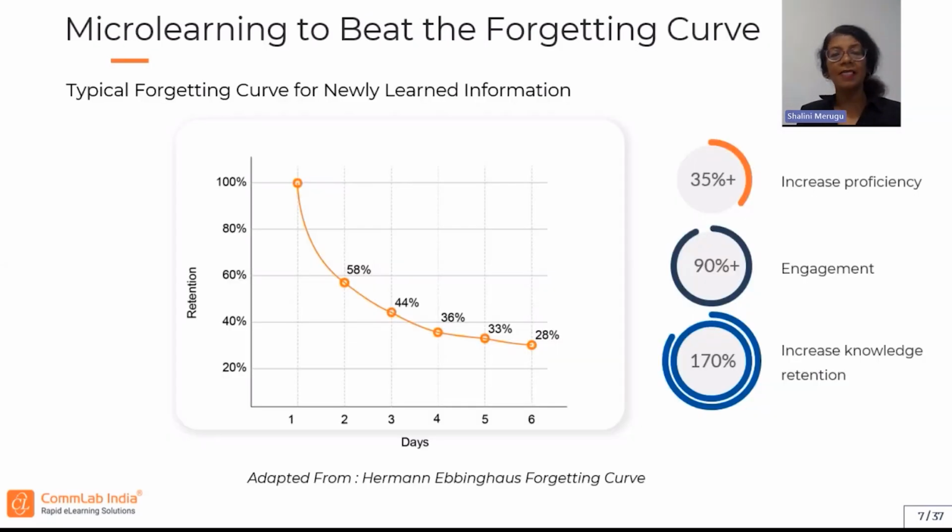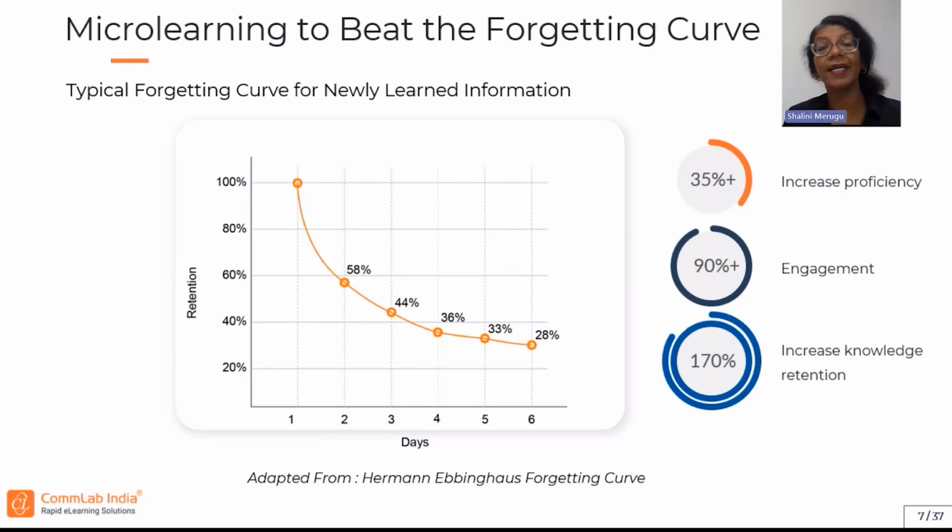One of the biggest advantages of microlearning is that we can use it to beat the forgetting curve. This is the forgetting curve by Ebbinghaus, which says that the retention of knowledge rapidly decreases over time. Within as few as 5 days, we retain only 33% of what we have learned. That's a very natural thing to happen in any learning process, which is why it is all the more important for us to support that learning